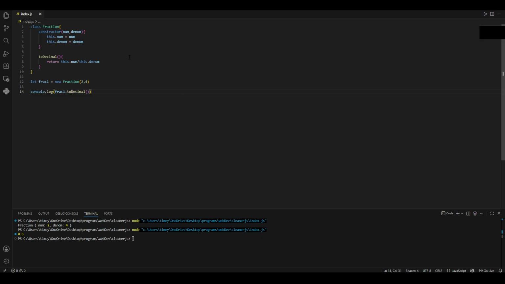And then let's say get fraction. So this is just a way to get the actual fraction turned